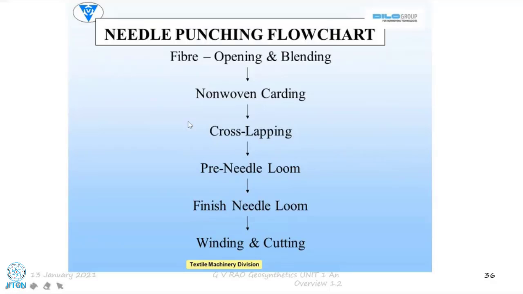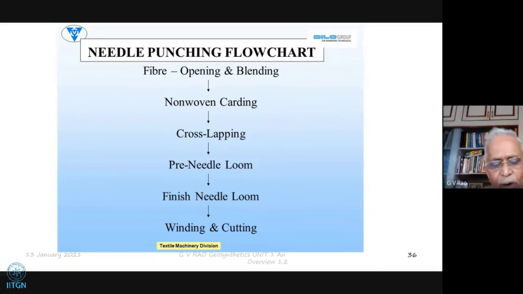And then the punching can be done in two different stages also. One is called pre-needle loom, and then we can have finished needle loom. It can be needled a number of times also, so that you get a thicker cloth. And then sometimes, to help it move over the conveyor belt and the punching system,